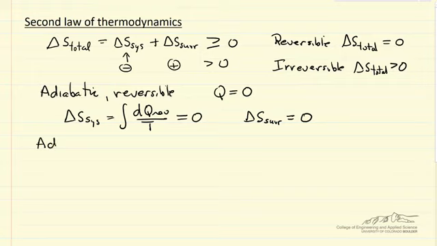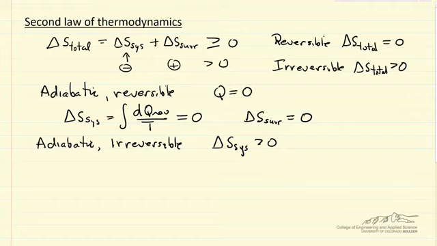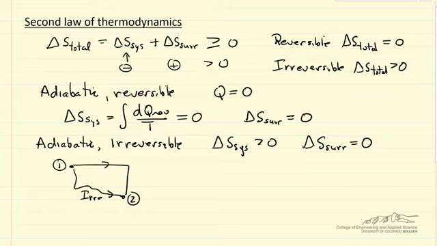If instead we look at an adiabatic irreversible process, delta S of the system must be greater than 0 because delta S of the surroundings is still 0. There's no heat transfer, but the system is irreversible. And if we wanted to calculate the entropy change for the system, we'd have to pick a reversible pathway. So if we're going from state 1 to state 2 by some irreversible pathway, we want to pick a reversible pathway and calculate the heat transfer for the reversible process, and therefore the entropy change for the system,